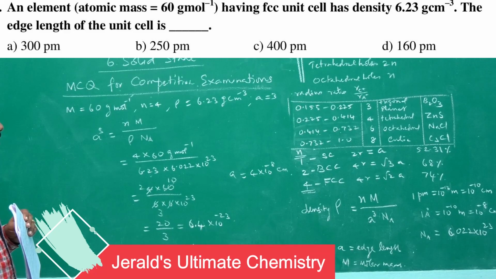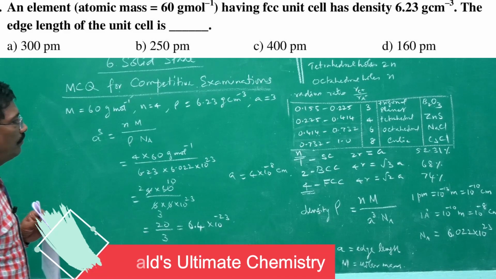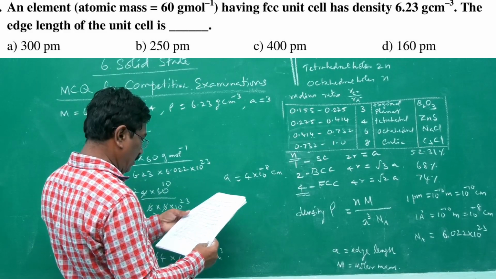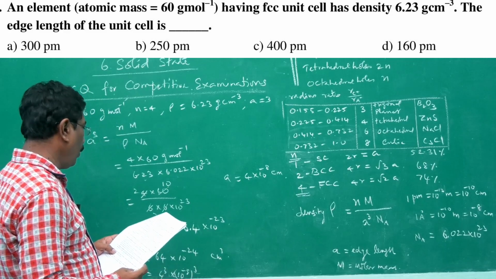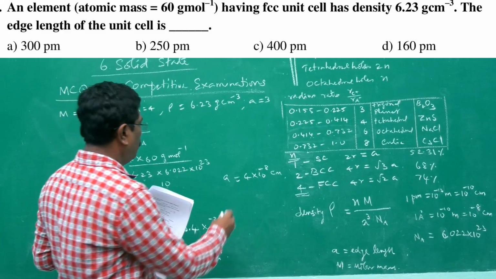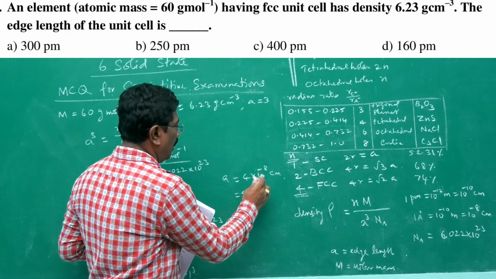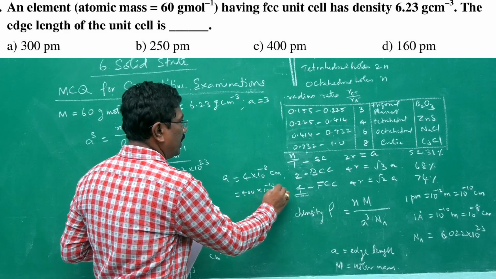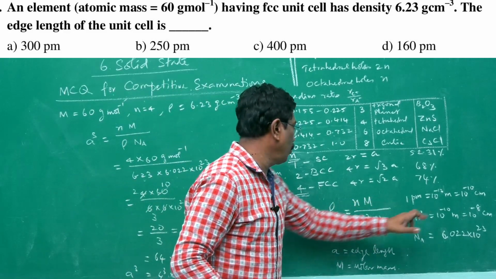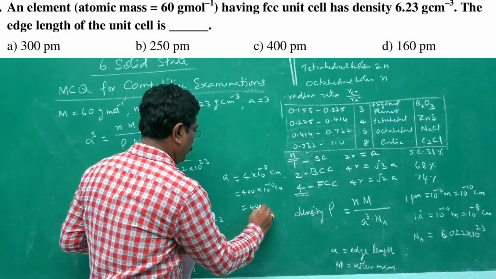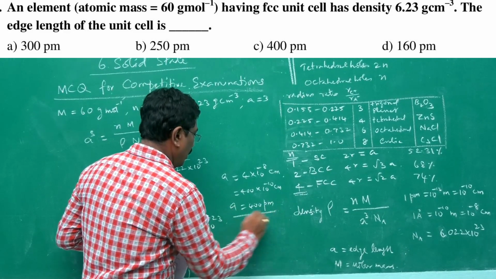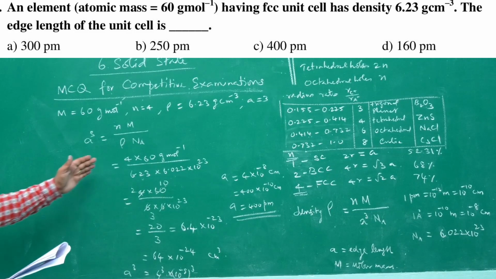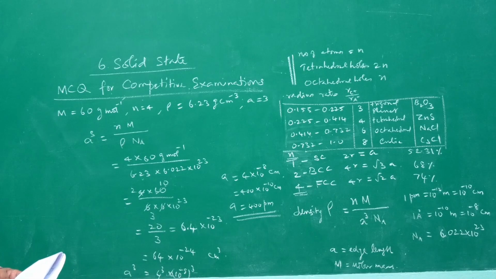10 power minus 8 centimeter means Angstrom unit, or if it is in picometer, the answer is given in picometer. Therefore 4 into 10 power minus 8 centimeter, I can multiply it by 100, 400, and divide it by 100. So 10 power minus 10 centimeter, which is nothing but 1 picometer. So 400 picometer. So that will be the edge length. Some simple idea if we create, we can solve even somewhat difficult sums.